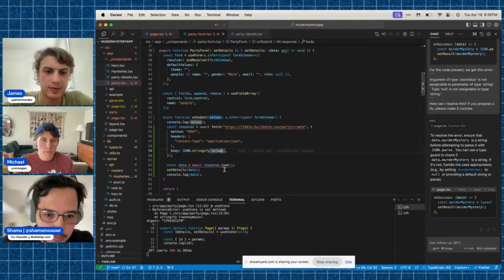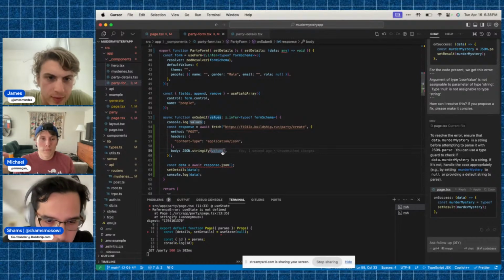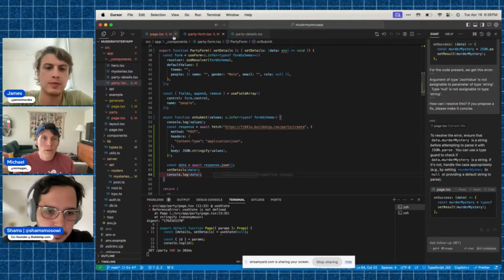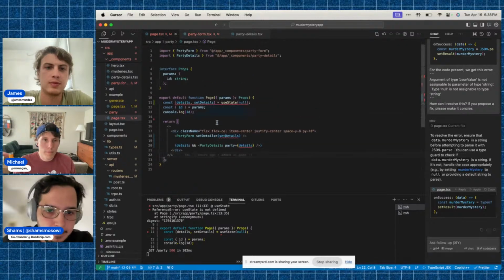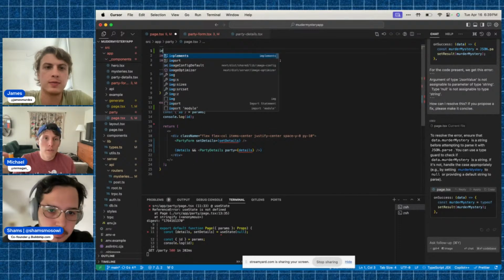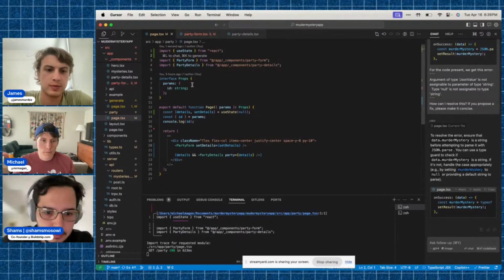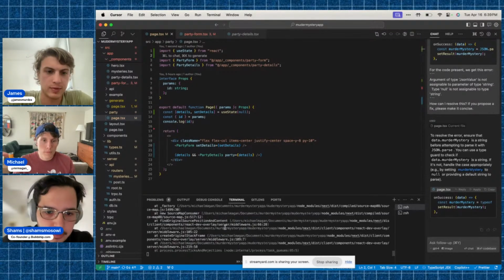So I think that should be it. We need to import useState on the other page. Yep. Wait, it's in PartyForm right now. Yeah. There you go. So now I should be happier.